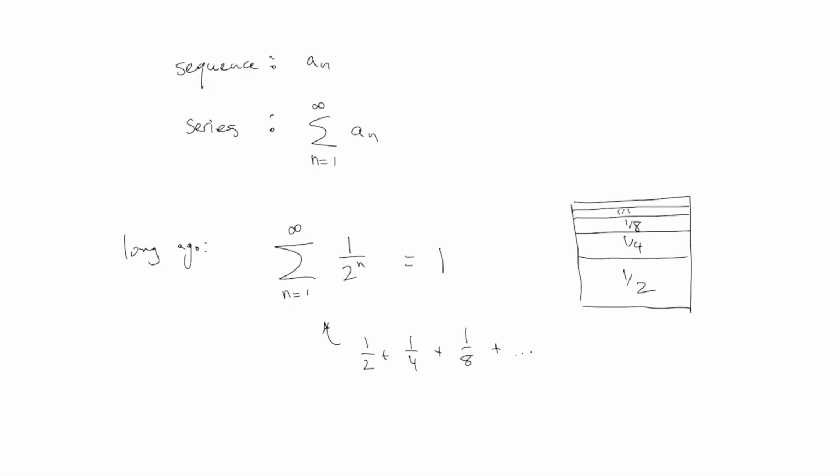This here, that's about as small as I can write, is a 1/16 area. But it is true, if you add all of these fractions up, they don't actually extend forever vertically here. Each next fraction will just slide in as half of the remaining space, which means in the limit, and we'll talk specifically about how you really do this calculation, if we add all of them up, it fills exactly this square, which has area 1. That's why the sum of this series actually adds up to 1, all right?